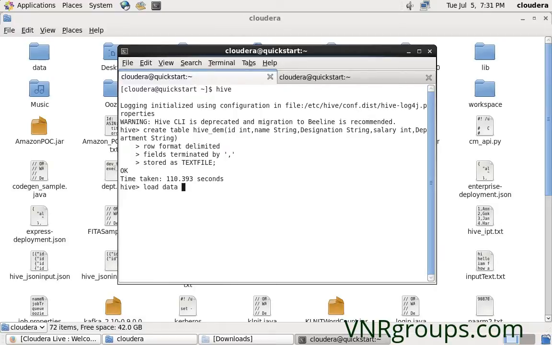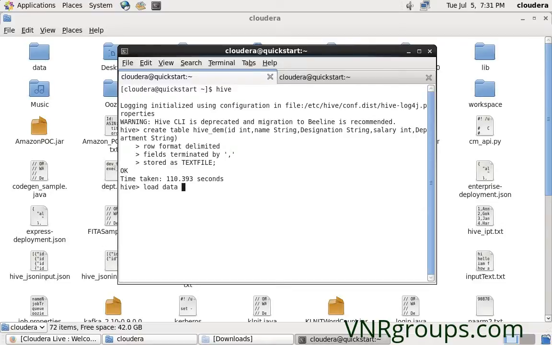Well, the only command we have to log into the Hive shell is just hive. When you enter hive and press enter, it will automatically take you into the Hive shell. And the place where you specify the mode of your input file, whether it is going to be from the local file system of your data node, or whether you are going to load the data from your HDFS file, is only in the load data command.